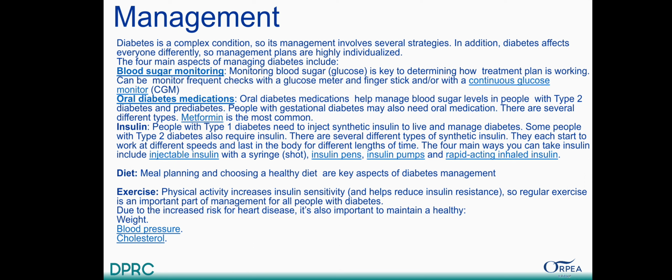Insulin is the management of choice in type 1 diabetes. You need to inject synthetic insulin. Some people with type 2 diabetes can also be treated with insulin. We have several different types of synthetic insulin. Each starts to work at a different pace and different speed and lasts in the body for different lengths of time. The four main ways you can take insulin include injectable insulin with a syringe, insulin pens, insulin pump,